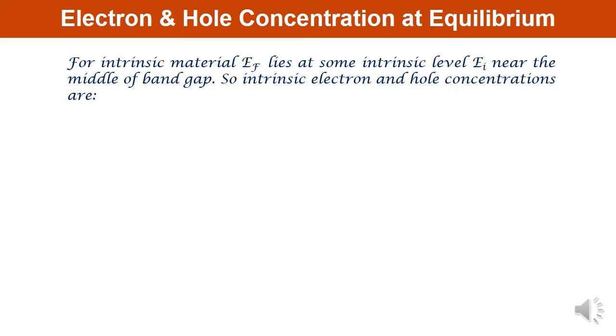For intrinsic material, you know that Ef lies at some intrinsic level Ei, which is near the middle of the band gap. The band gap is being denoted as Eg. So here this particular level lies somewhere in the middle. Therefore, intrinsic electron and hole concentration can be written as